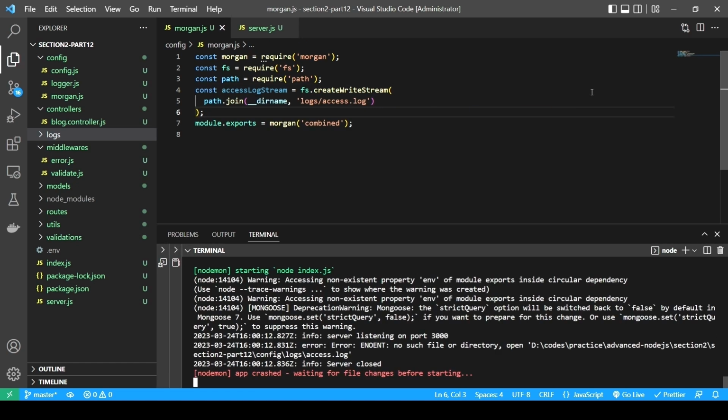Looks like the server crashed, but let me explain first before fixing the error. I imported the fs file system module and the path module to create a writable stream. So it stores the data piece by piece instead of storing the whole data at once. And the createWriteStream function creates a stream to write to and takes a path to a file. So I used path.join to find the absolute path of the access log file by joining the source directory to